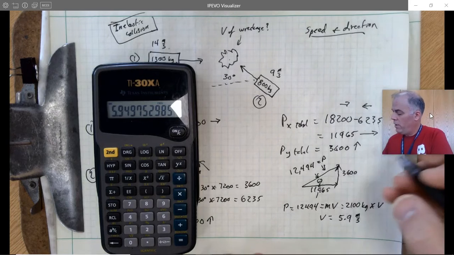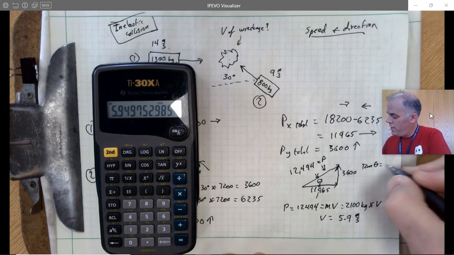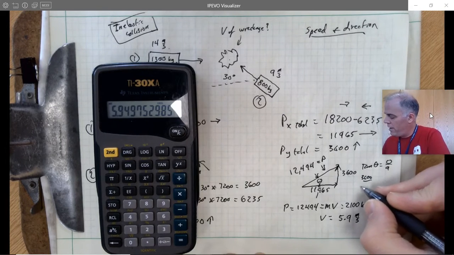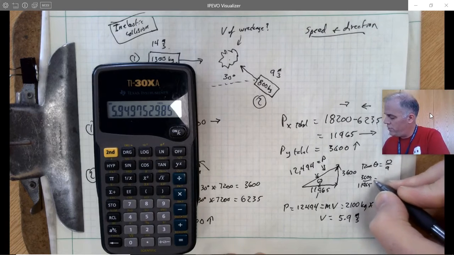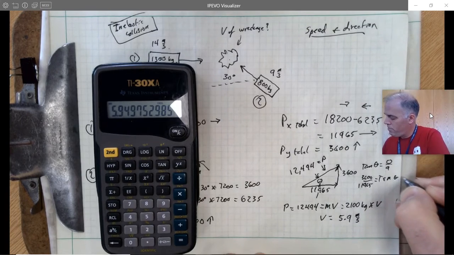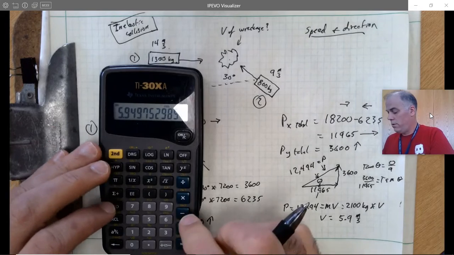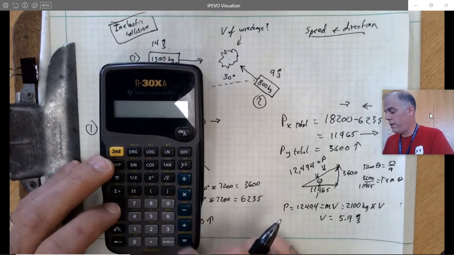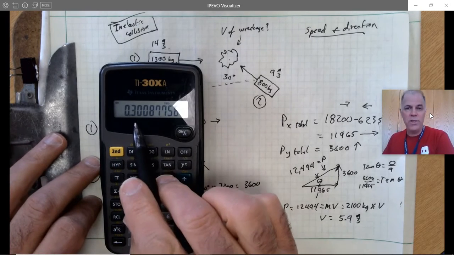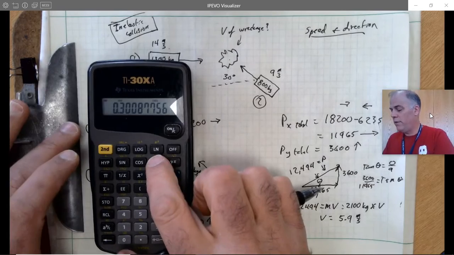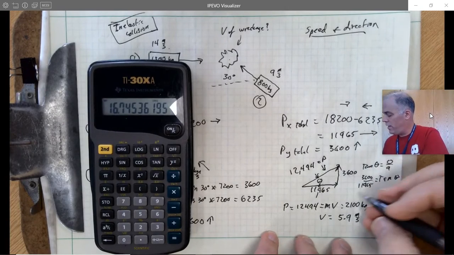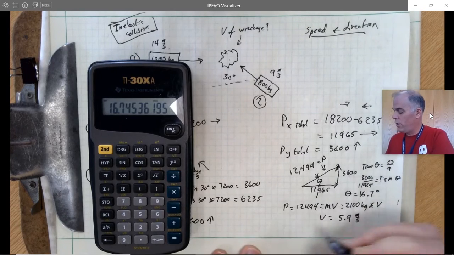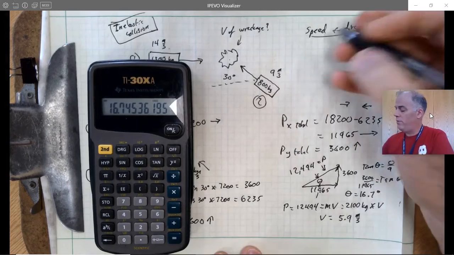And now the angle. Tangent theta equals opposite over adjacent. So that is 3,600 divided by 11,965, which is equal to tan theta. This number is the tangent of the angle. So we take the inverse tangent of that number and we get theta equals 16.7 degrees. So our final answer for the speed and direction of the wreckage is